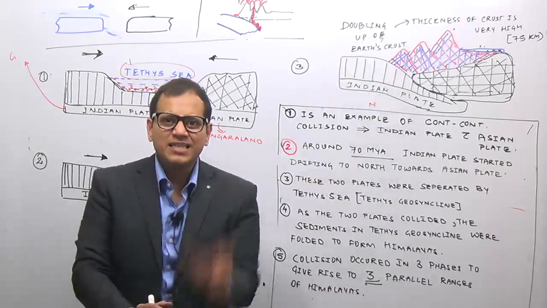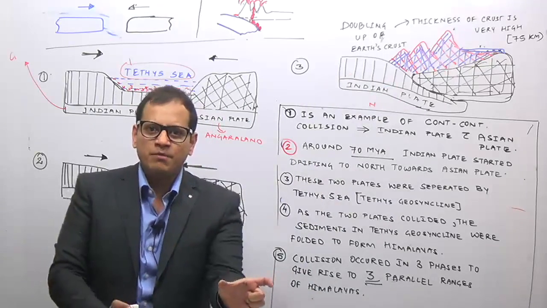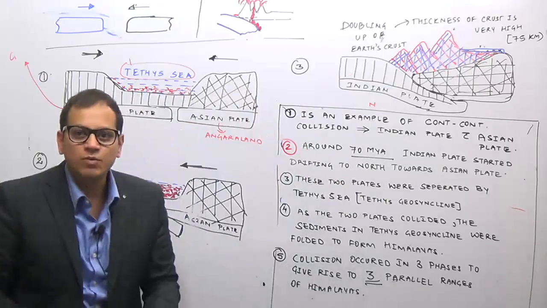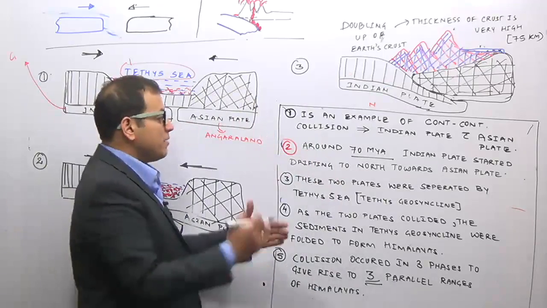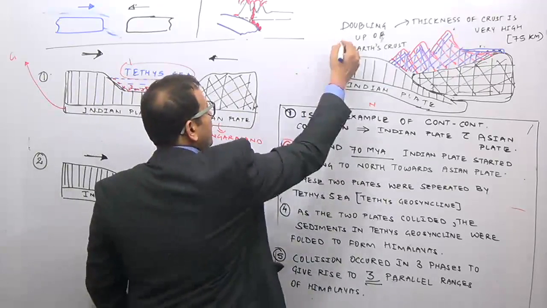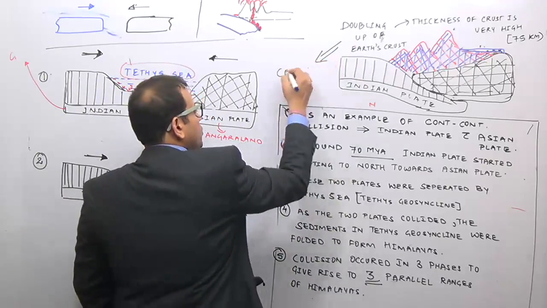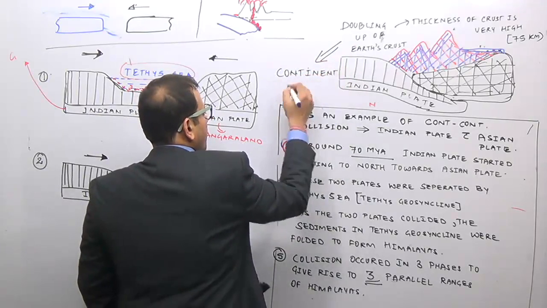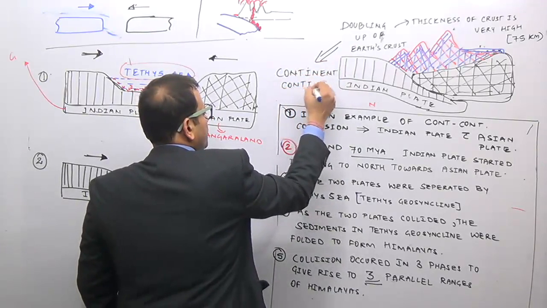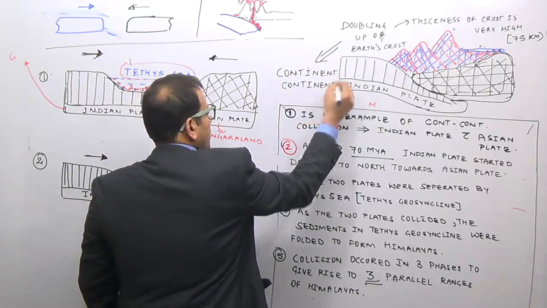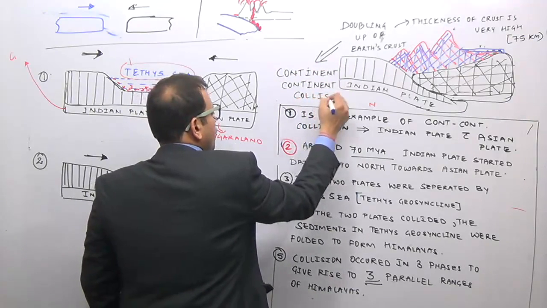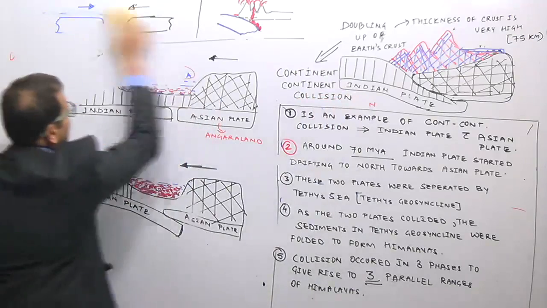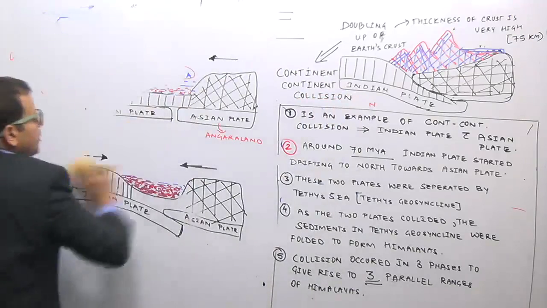But the basic reason why there is a doubling up of the Earth's crust, or why the thickness of the Earth's crust is very high, is that the Himalayan mountains are an example of a continent-continent collision. And because these are examples of a continent-continent collision,